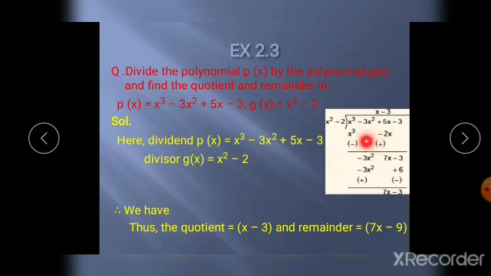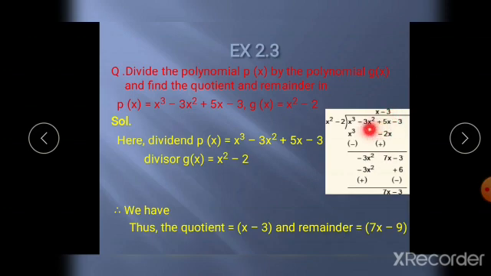There is no x square term, so let it be as it is. Then these both will get cancelled. Now pull down minus 3x square as it is in step 2, and plus 5x, and you have to consider plus 2x, so plus 7x. Now in step 2, divide this minus 3x square by x square. What will you get if you divide? Minus 3 is now the quotient.